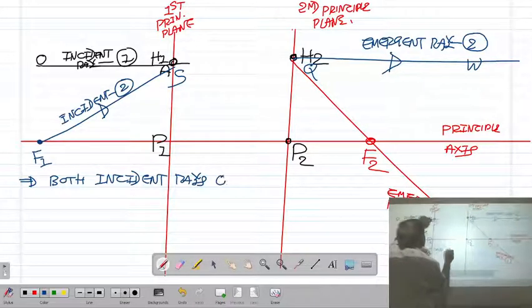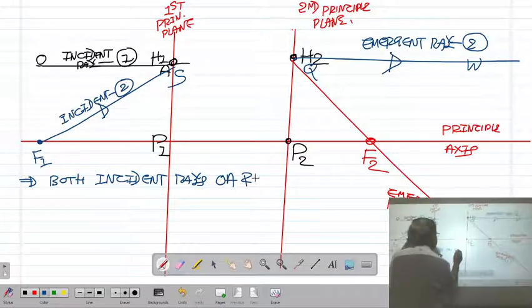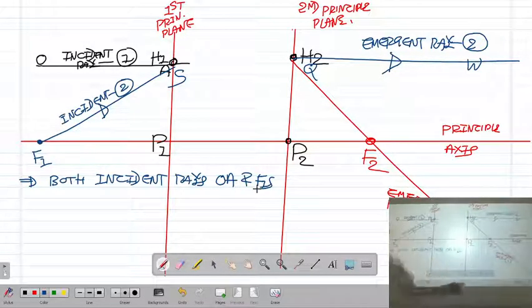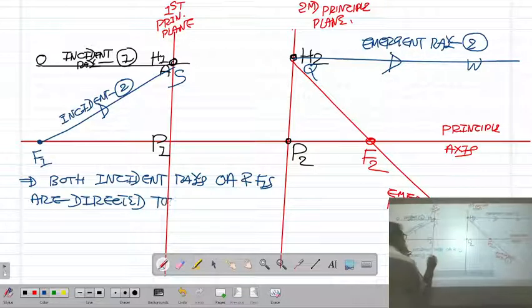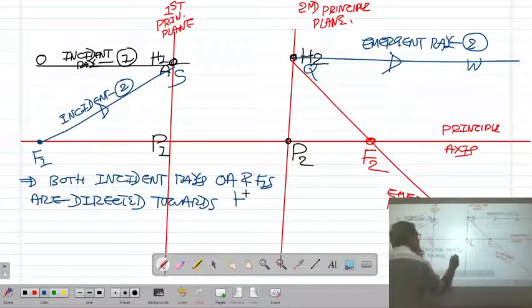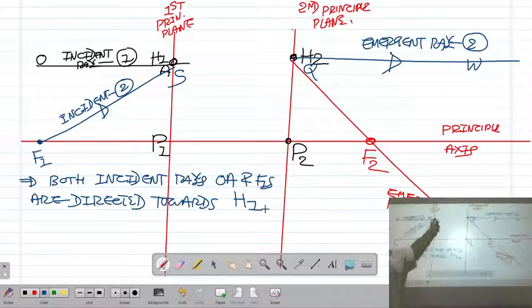First incident ray is OA and second incident ray is F1S, right? Both incident rays OA and F1S are directed towards H1. Both rays are incident on point H1. First incident ray OA is traveling parallel to the axis, and second incident ray F1S is directed towards point H1. And after refraction,